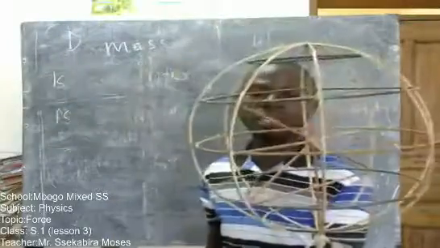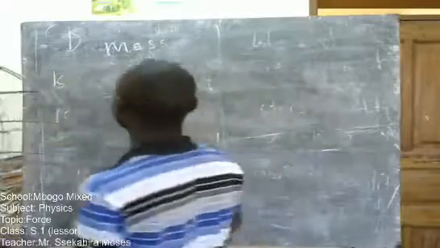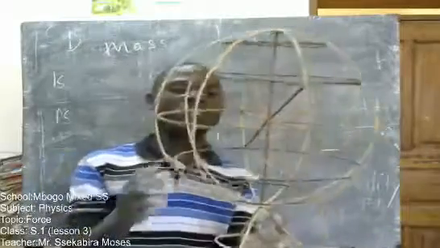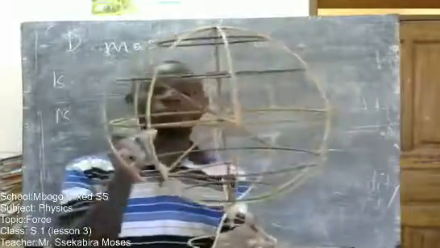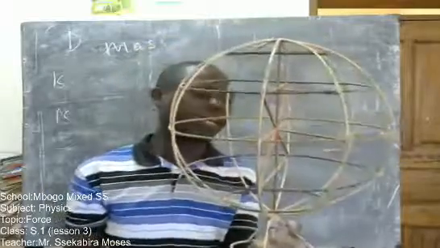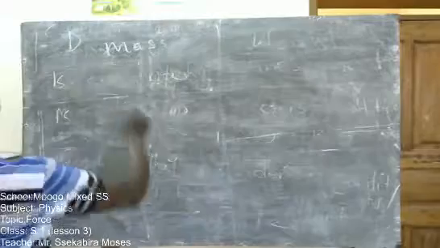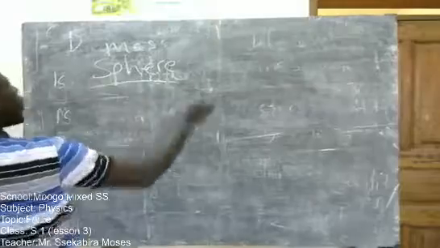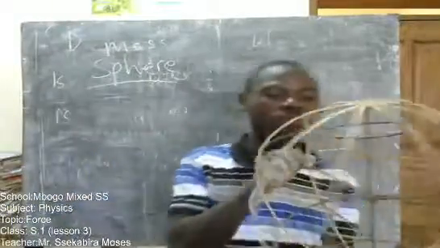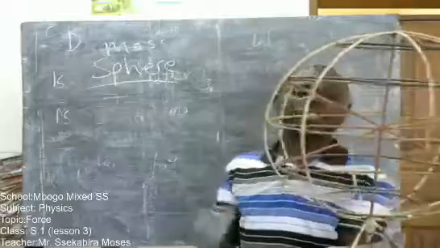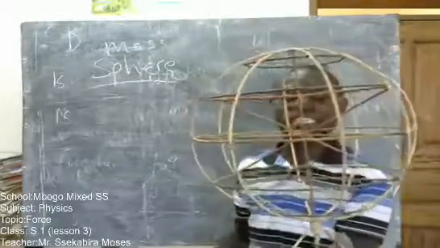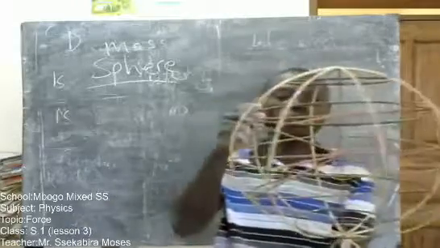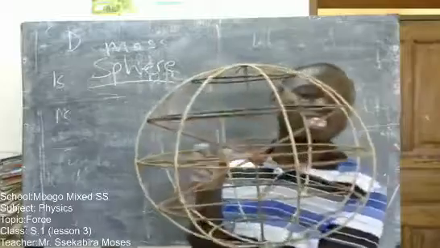Which shape? What is the correct shape for this? Good. It is a ball. It looks like a ball. Now, anything which looks like a ball, which name do we give to that shape? It is called a sphere. Very good. Now, when we design the model, the earth looks as if it is a sphere. And one of the responses which I got from you said that the earth is not a perfect